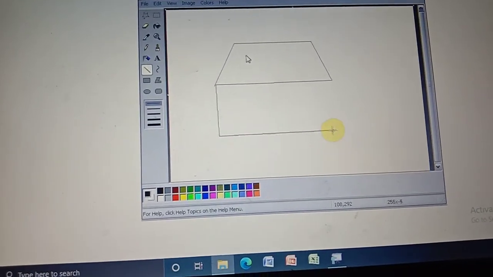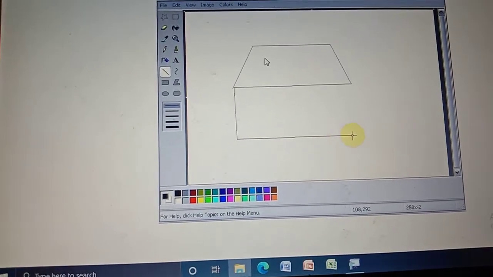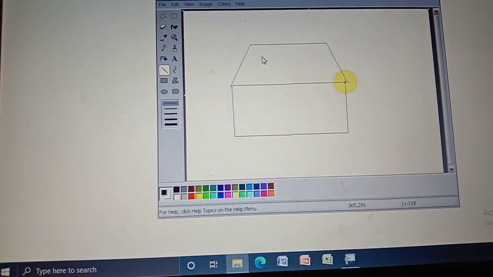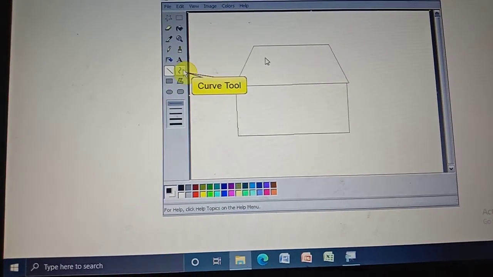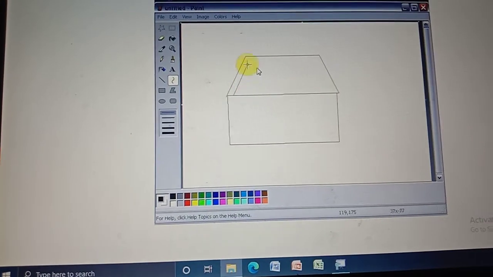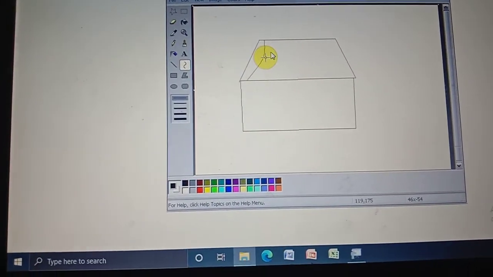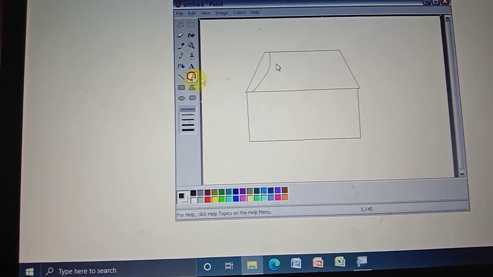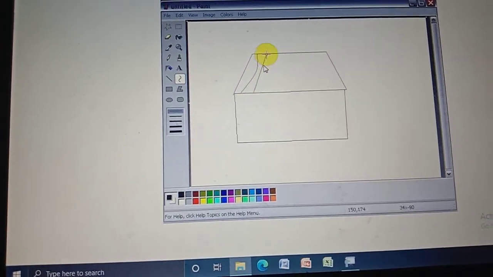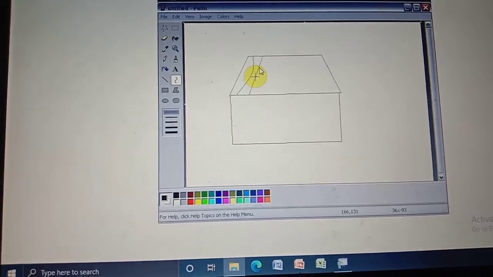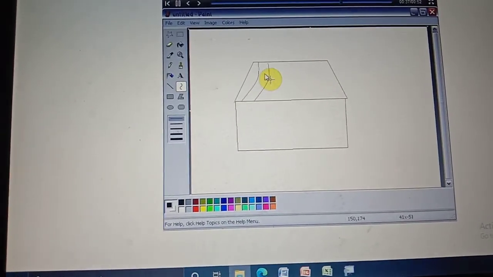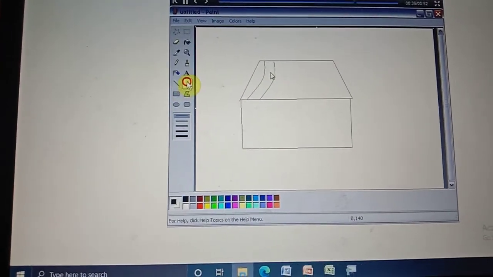Okay. For drawing the lines also, you can choose any color for drawing. Next is a curve tool. See, you can draw and you can adjust the line based on your interest. This is our curve tool. After drawing, you can adjust it.